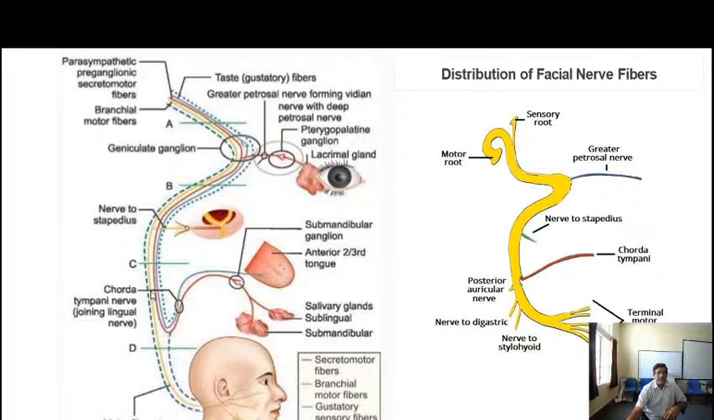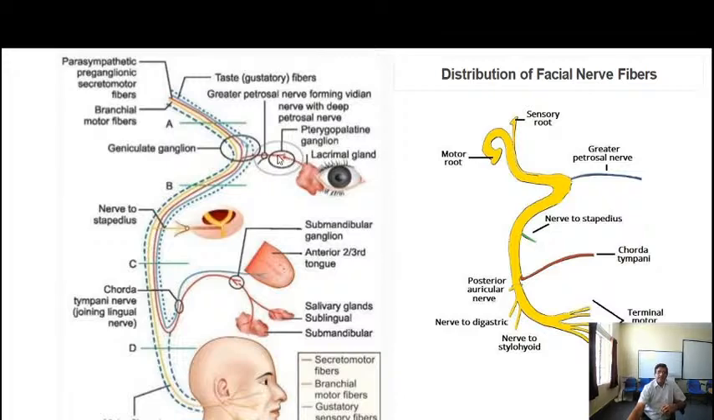So this is the one. This is the red one that you see. See, that is the one which continues. This red one is the greater superficial petrosal nerve, which travels in the middle cranial fossa and then comes out through the foramen lacerum, where you have the internal carotid artery around which you have the sympathetic chain. The deep petrosal nerve joins this, and together they form the